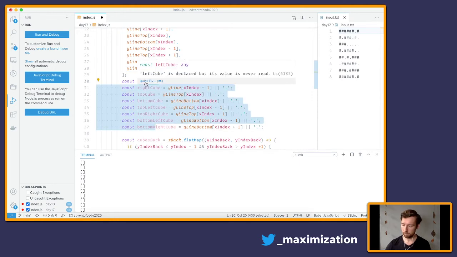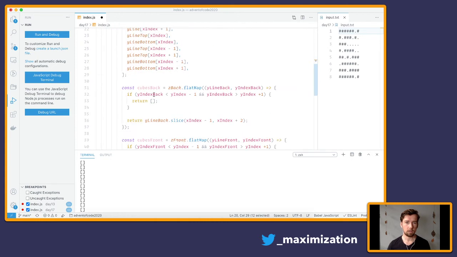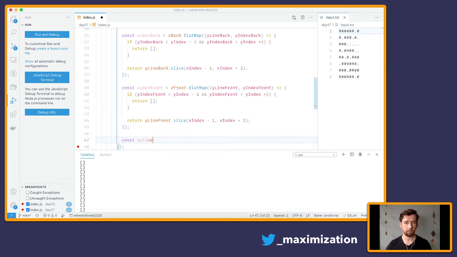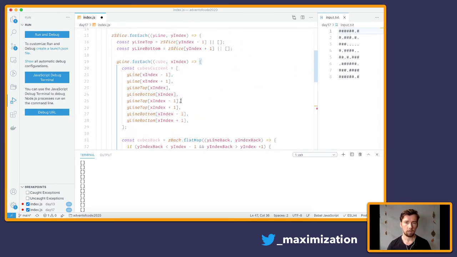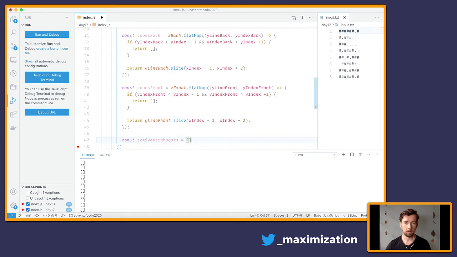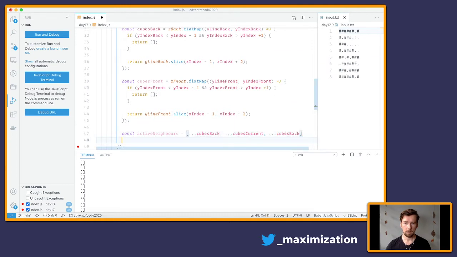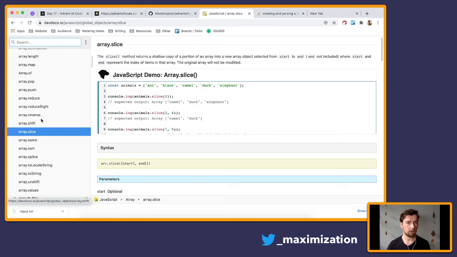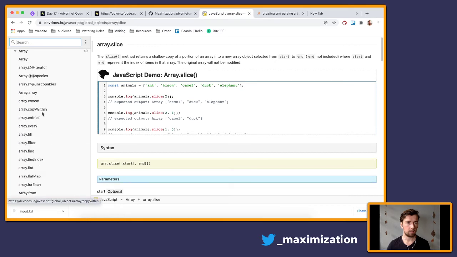Alright, let's get rid of this part. So we have our cubes current, cubes back, and cubes front. Let's count, const active neighbors. And then we can say, let's create an array with cubes back, cubes front, current, cubes back. And then as we have that array, we can't count an array. What we can do is